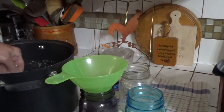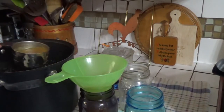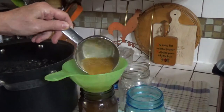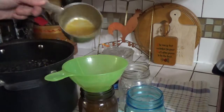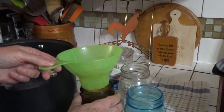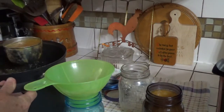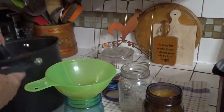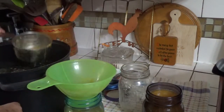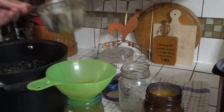Okay, now then, I'm going to fill my jars, and I'm going to process this in my pressure canner for 25 minutes, which is what you'd process tomatoes at. There's a beautiful color to it. That little dab of tomato in the tomato bouillon really helps. It's actually a tomato and chicken bouillon